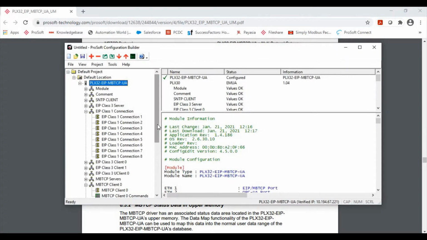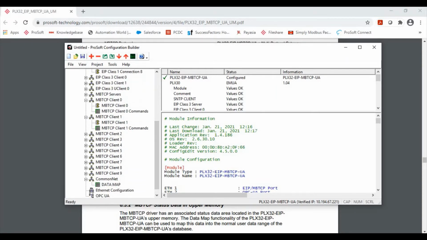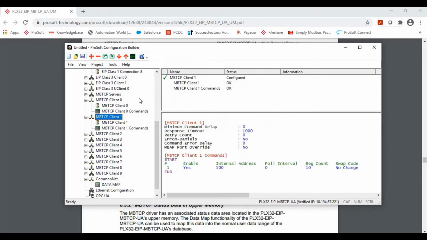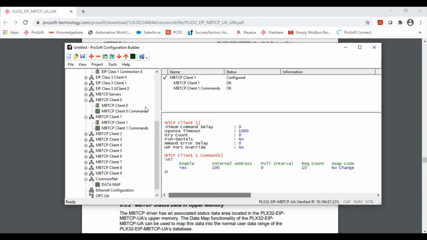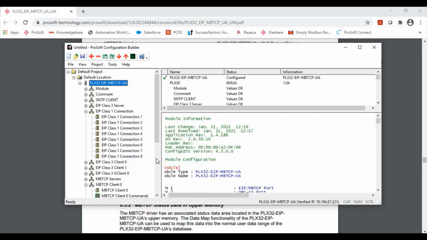So in this example, this is my configuration. In my PLX30, Modbus TCP/IP client driver 0, I have two commands over here. In Modbus TCP/IP client 1, I have another command over here. If I want to check the status of these commands or the drivers, I can right click, diagnostic,